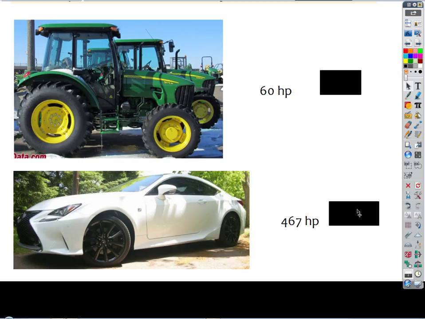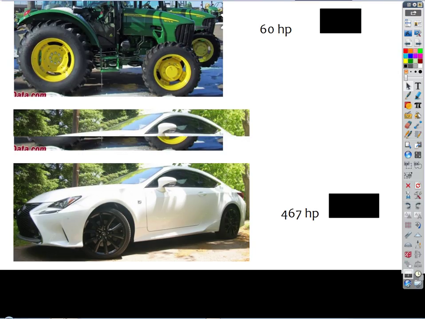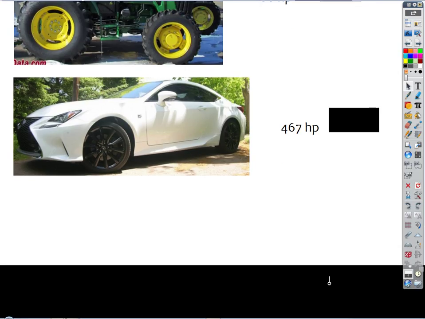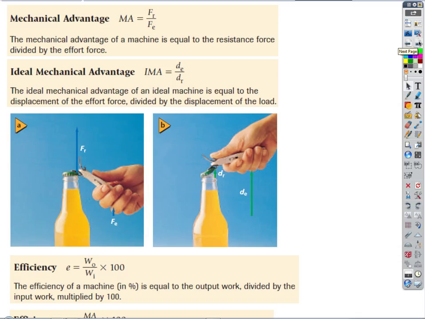But this is different, right? What this is designed to do is the engine runs at a high speed. It doesn't produce a tremendous amount of torque. That's not the goal. Its goal is to be able to wind up the gear so you can gear up through many gears. And when you get to a high gear, you can still run that engine at a pretty high speed and still convert a lot of that chemical energy into kinetic energy, right? But they're different. I just want you to see that. All right, so